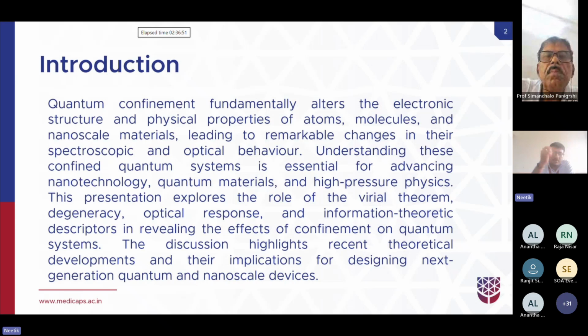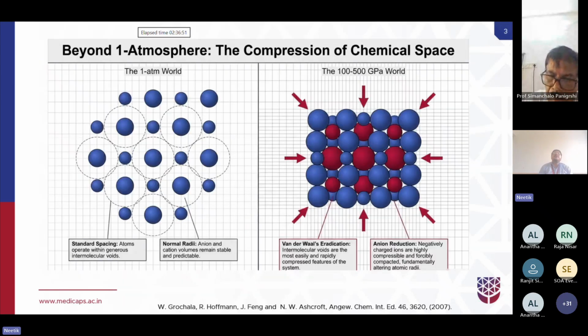It's already a known fact that confined quantum systems alter the electronic structure and physical properties of atoms, molecules, and materials. They change their physical as well as chemical properties. Moreover, they change their coordination number. What happens when we put a system under confinement, particularly in the high pressure regime? Usually in free condition, the